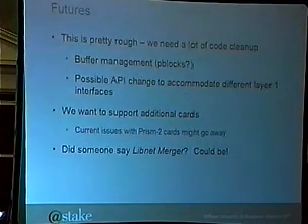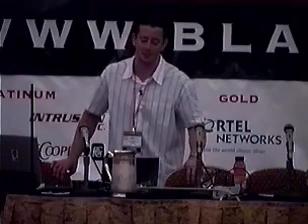The features of Radiate: it is somewhat rough at this point, but it does work. There will be code cleanup. There might be interface changes, so don't write your enterprise-wide applications on top of this, although I don't think anyone's going to be doing that. Perhaps there will be buffer management, with pblocks, which is how Libnet does its buffer management. A possible API change to accommodate different layer 1 interfaces. That will probably happen if we start supporting other cards, because the HFA384x header that I showed you before will change with different cards. And we want to support different cards. Perhaps we'll build this into Libnet, and then I won't always have to talk about them being separate.